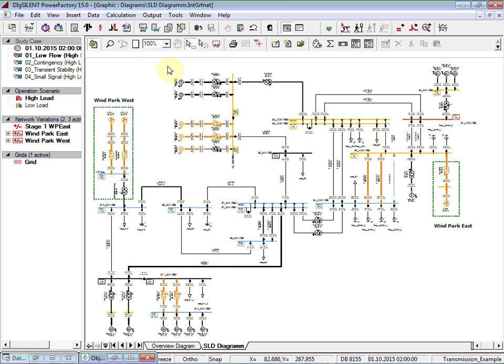Suppose that we want to make the balancing now by the group of machines located in substation number 5. To achieve this, we must then create a secondary control. The easiest way of creating the secondary control is to do it from the single line diagram. Make a rectangle selection on the generators. Hold down the Control key so that we select also a bus bar. On the selected elements, right mouse button,